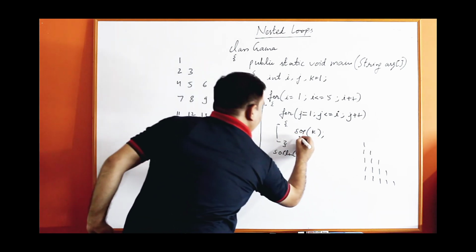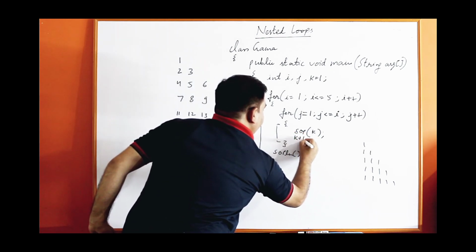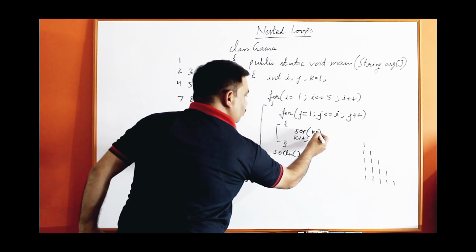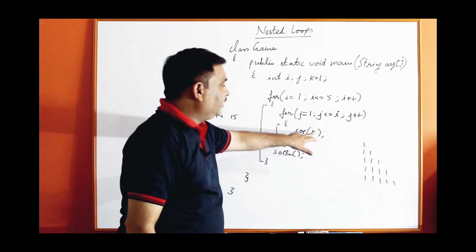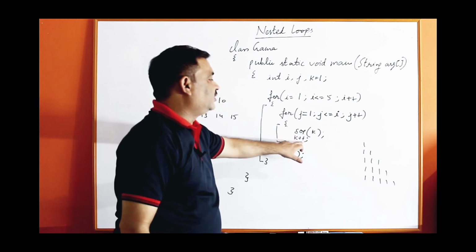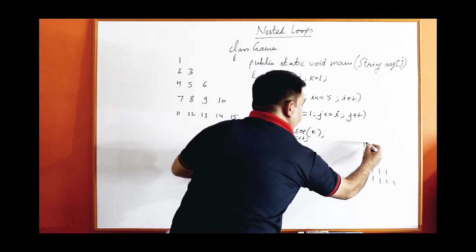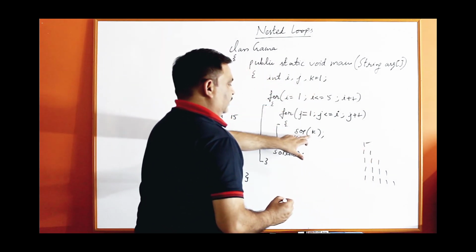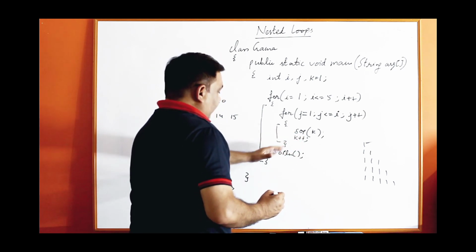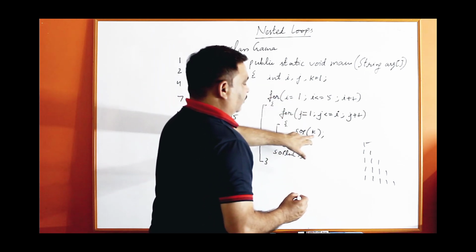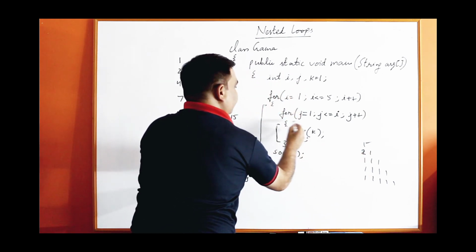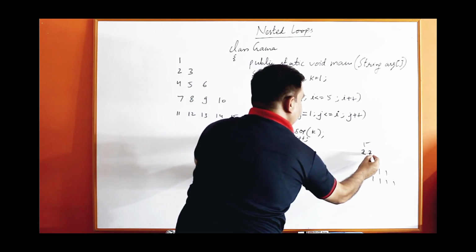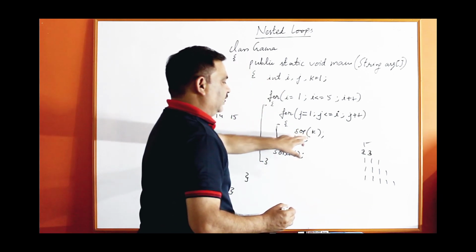After k, I am writing one more statement, k plus plus. K plus plus means whenever it prints the value of k, k will be increased. So the first time it will print 1 because k was 1, and next time it will become 2. Whenever the chance comes to print the value of k, it will print 2 here, and then 3, because this loop executes 2 times. First it will print 2, then 3.